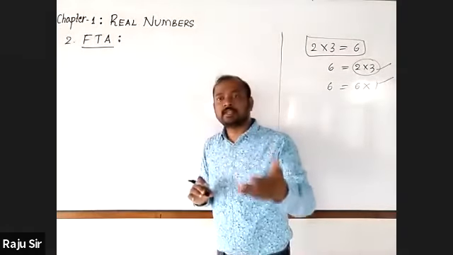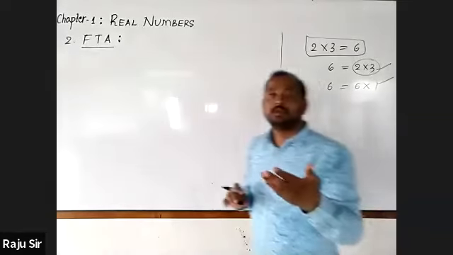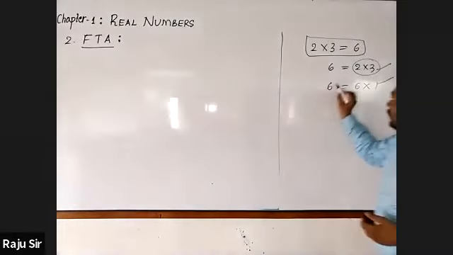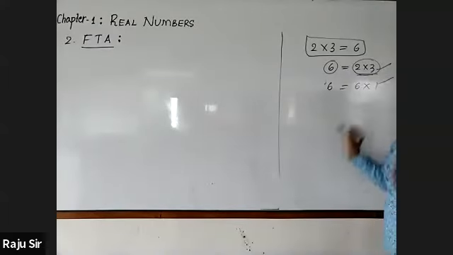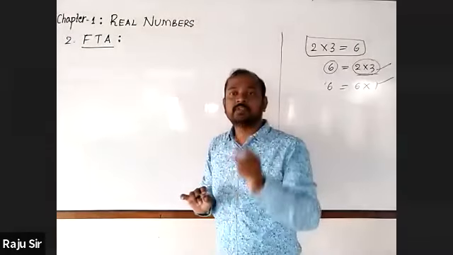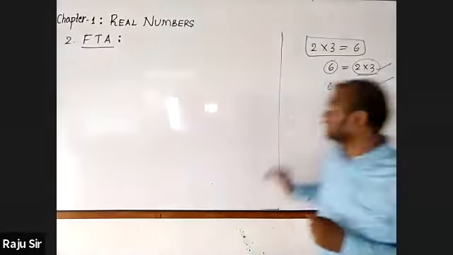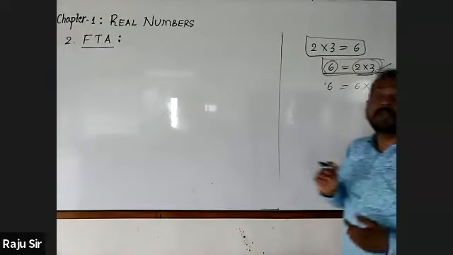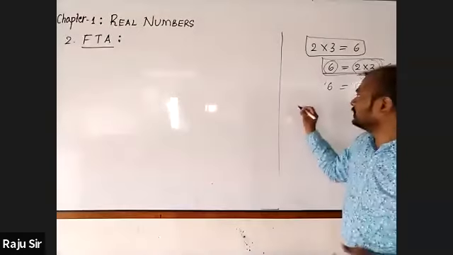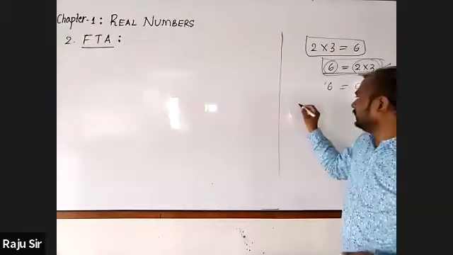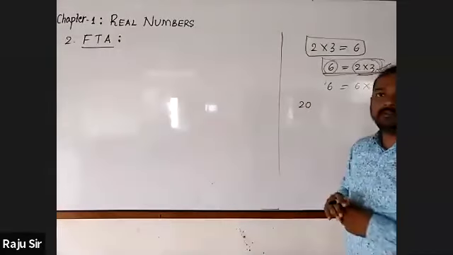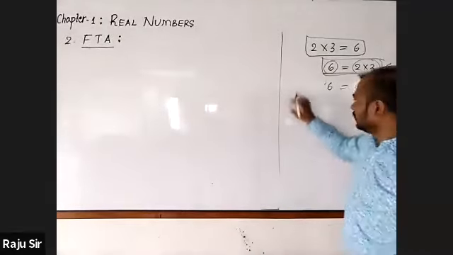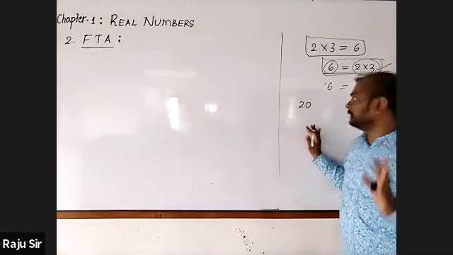In yesterday's class only, we came across the prime numbers. Here, if you express the given number as the product of its prime factors only, then it is called prime factorization. And this is an example for prime factorization. Let me take some other. Let's find the prime factorization of the number 20. You should not write anything, whatever I'm writing. Just listen carefully.